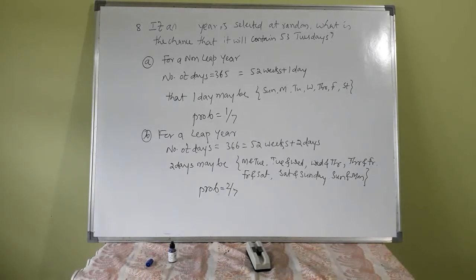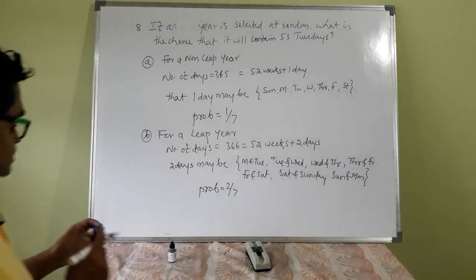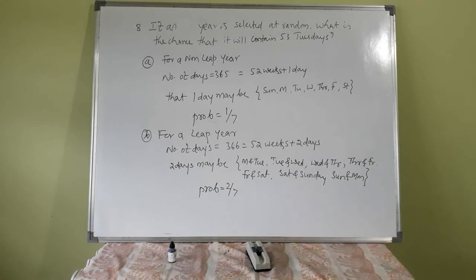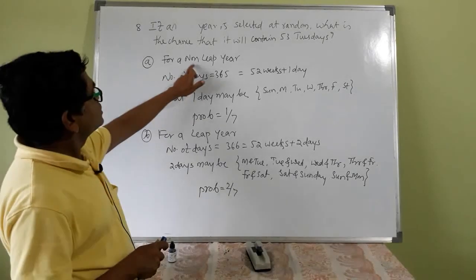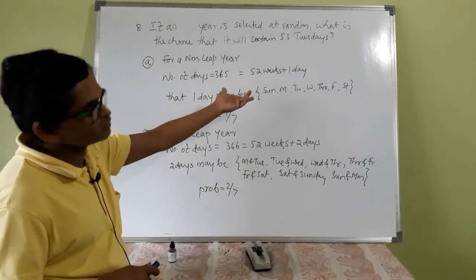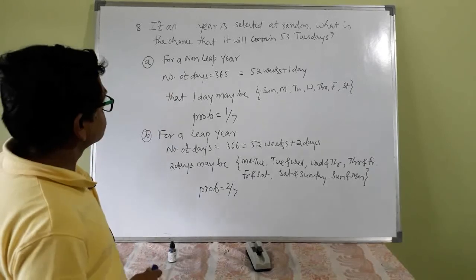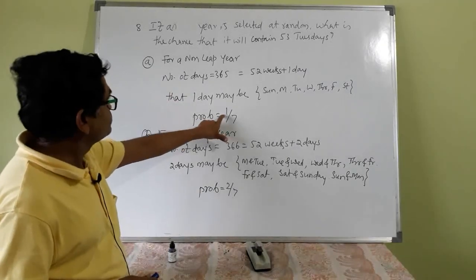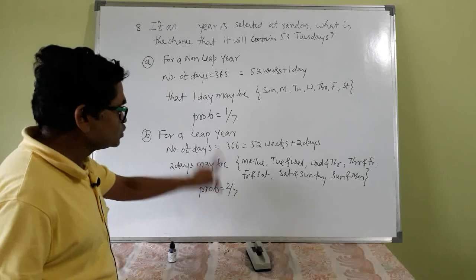This is one of the important examples frequently asked in many competitive exams, not only your CET or JEE, but many other bank exams, clerical exams, UPSC exams, okay, many recruitment competitive exams. So remember, for a non-leap year, instead of asking for Tuesdays, it may be asked for Sunday, it may be Monday, whatever it may be, the probability is 1/7 for a non-leap year. For a leap year, 2/7, remember that.